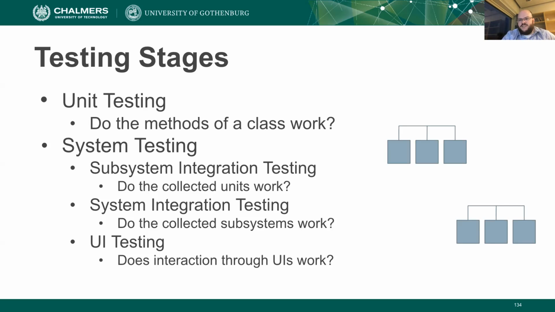We take a small piece of the system, what we call a unit, but really this is the smallest independent chunk of the system we can work with, usually one class at a time, or a small cluster of classes. And we test those in isolation from the rest of the system. We take a class and we come up with tests for each of its methods. We try and isolate these as much as possible, even faking the results passed from pieces of the system that we haven't tested already. And then we move up the ladder to what we collectively call system testing, which encompasses